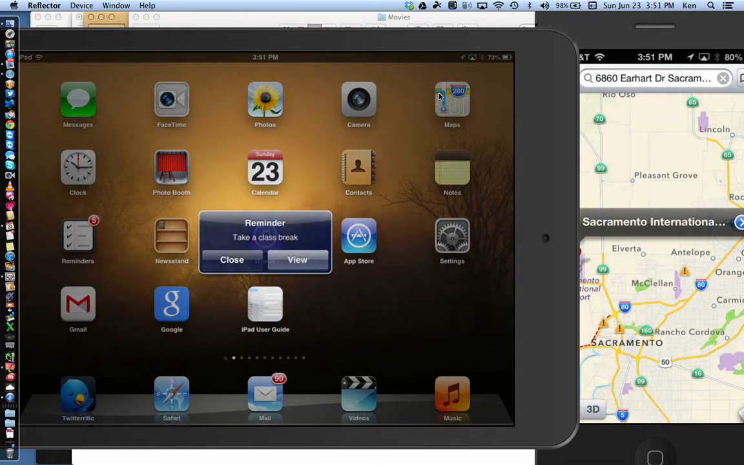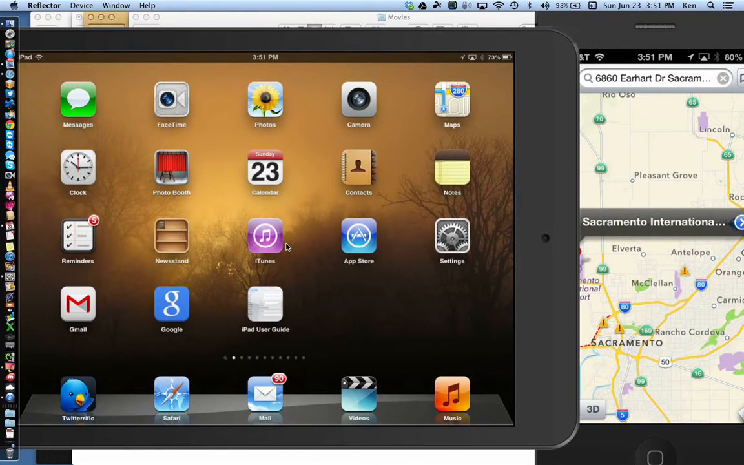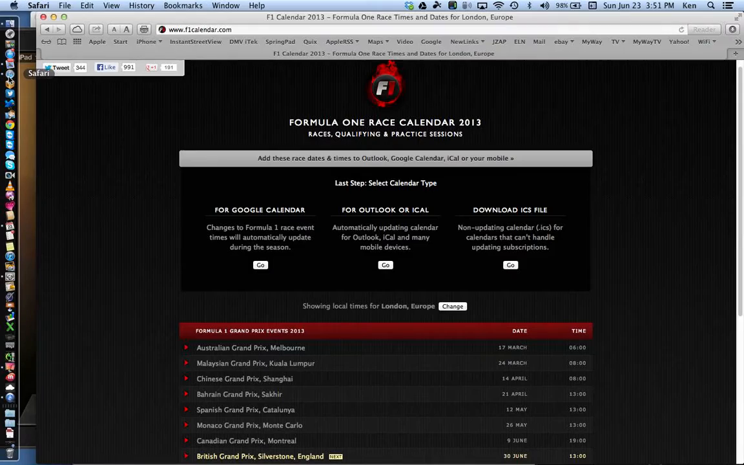So, before we do reminders, notes is going to be very quick, because notes is pretty darn simple. So, if you remember looking at